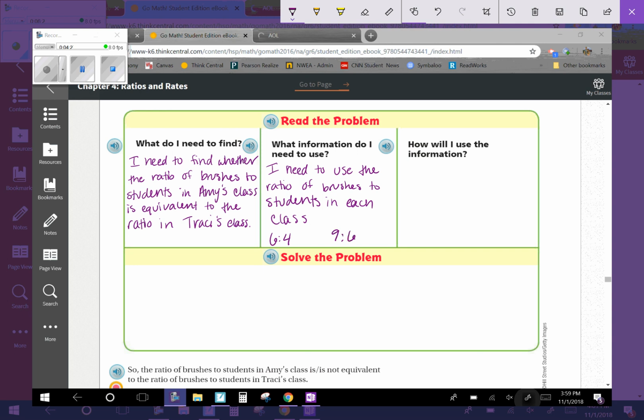How will I use the information? I will make tables of equivalent ratios